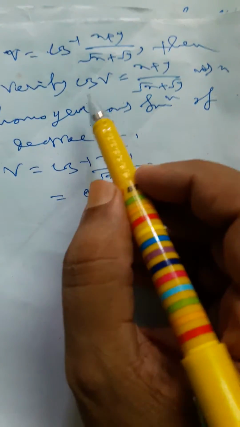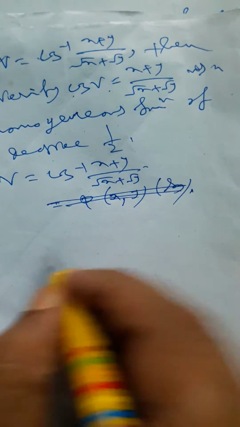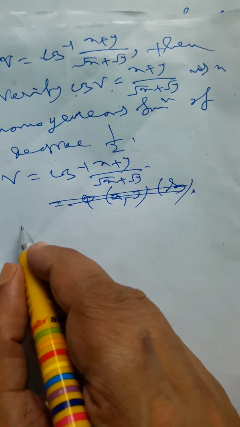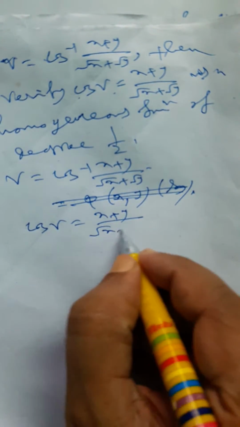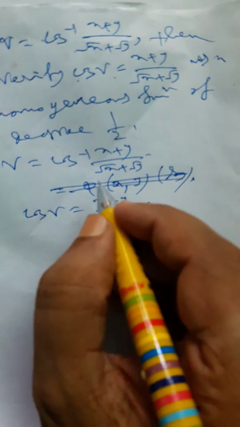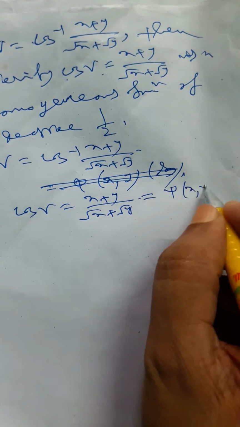And now here we have to verify cos v. So here we find cos v equals (x plus y) by (root x plus root y). Now if we consider another function psi of x, y, say,